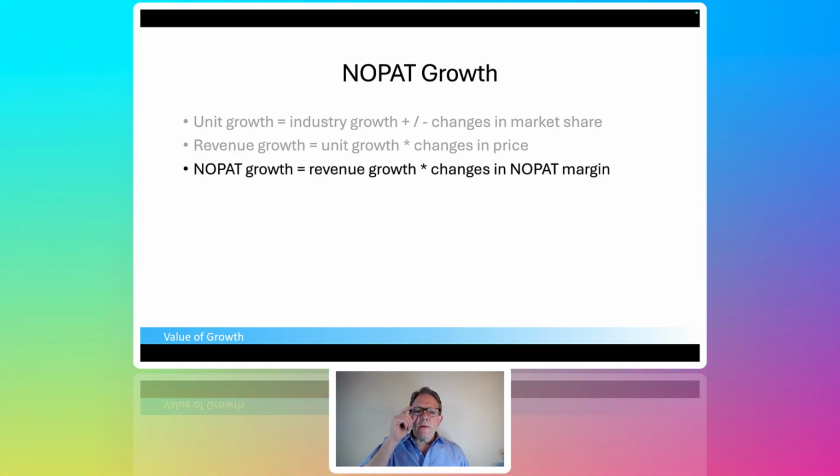All right, next, NOPAT growth is clearly revenue growth times changes in NOPAT margin, and that's really the setup. So if you believe the company's NOPAT margins will stay steady over time, then guess what? Their NOPAT growth will equal their revenue growth. But if you think that there are going to be changes in NOPAT margin, you need to take that into account. What I'm going to do in my example in a minute is talk about a more extreme example, where it's kind of recovery margins or a big expansion in margins, not a small expansion in margins. So we'll see. Let's focus on NOPAT, changes in NOPAT margin.